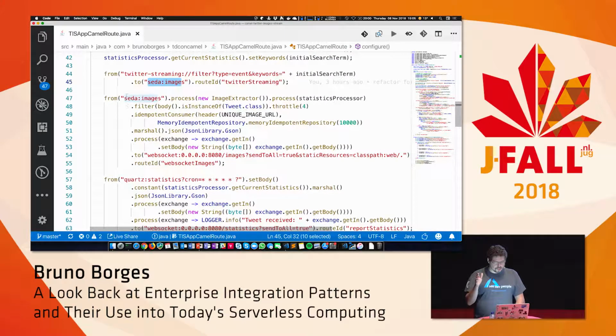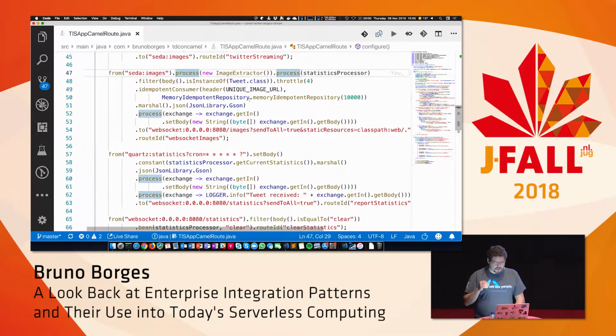So set images is just an in-memory queue, and then for every object that gets into here, I'll process that, extract the image that comes from the tweet that has a media, process statistics, like how many tweets I'm getting per minute and so on.